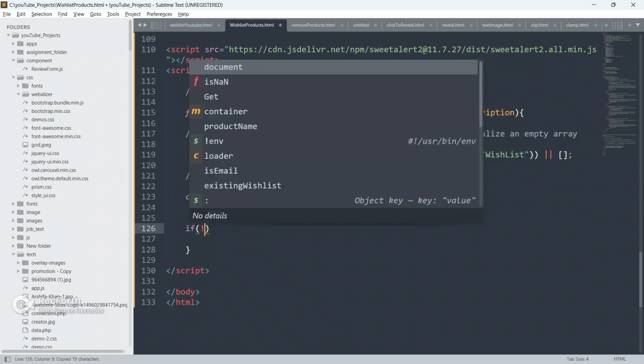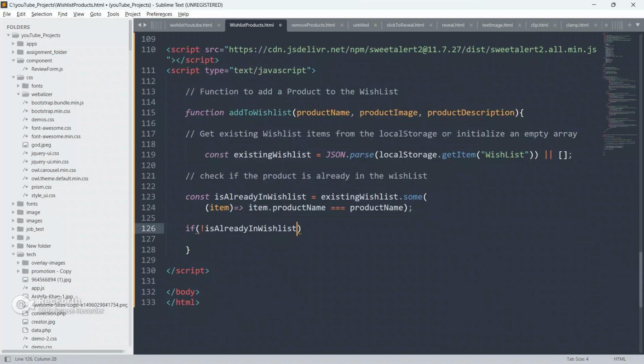So now guys, I'm going to check if the element is already in the array, so the negation of this. If the element is not already in the array, then we will use the existing array and push to it. What do we push, guys?